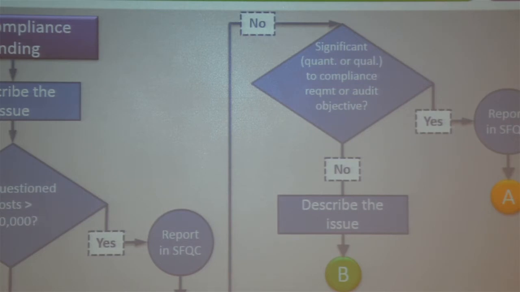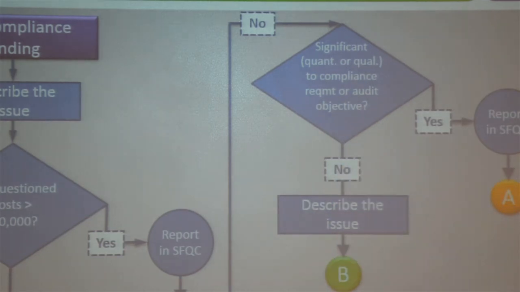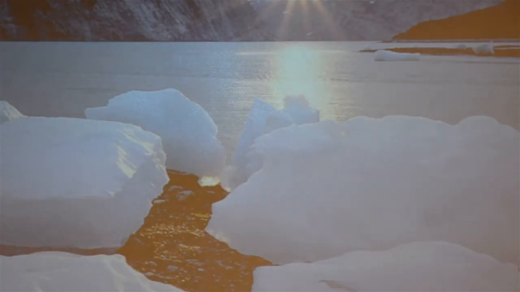In our case, a delay in the processing of the recertification didn't result in a failure of the audit objective at all, did it? Subsidy was calculated correctly under either scenario. It's just one got recalculated late. Okay, well that was easy. How about the audit requirement? Okay, so we have the audit requirement.